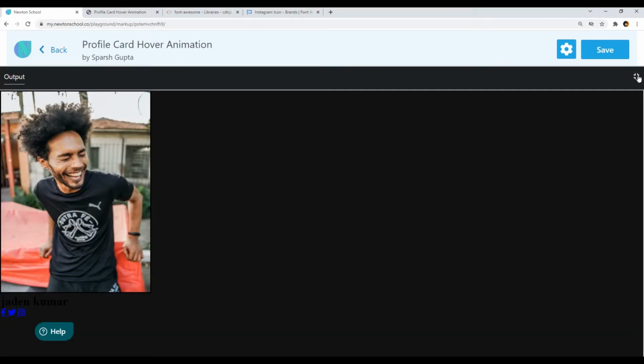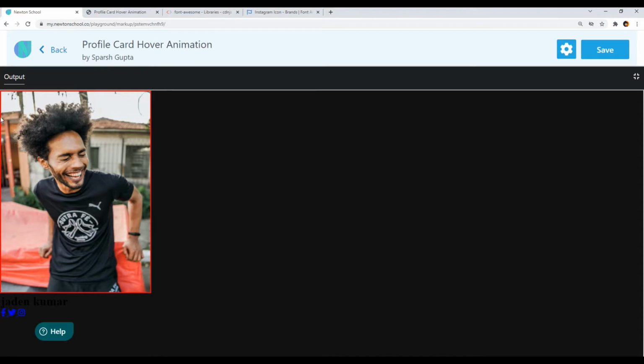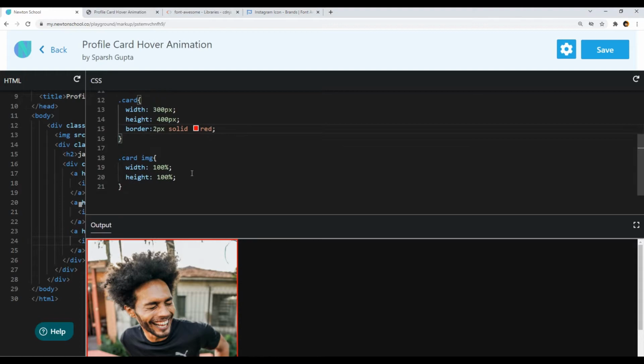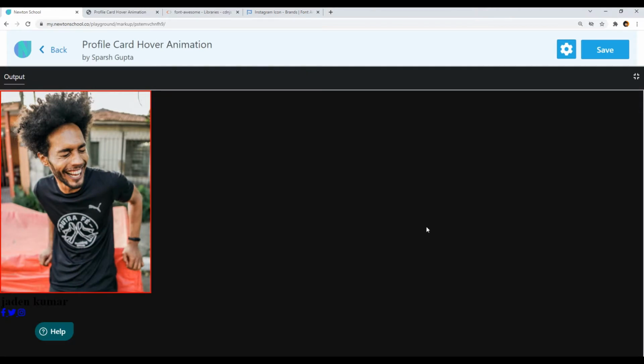Let's also give a red color to our border. And now you can see our image is completely fitting into the card. Let's also give object-fit cover to our image so that it fits into the card and also maintains its aspect ratio. So now you can see our image is looking nice.